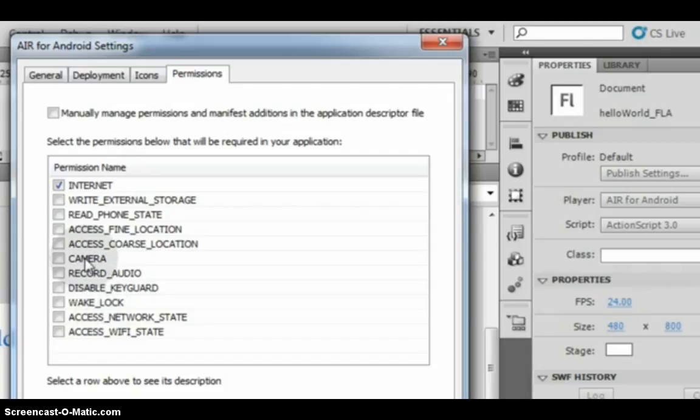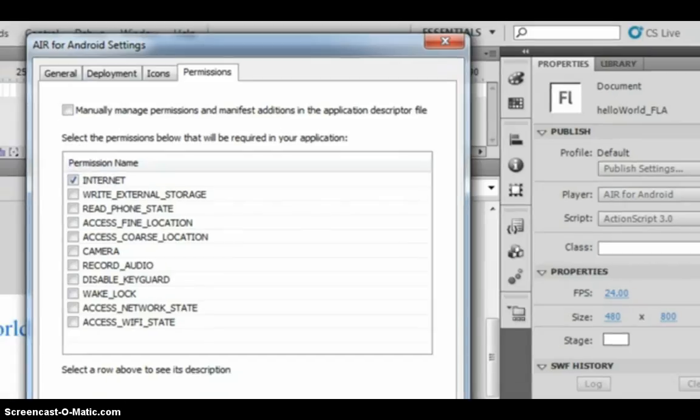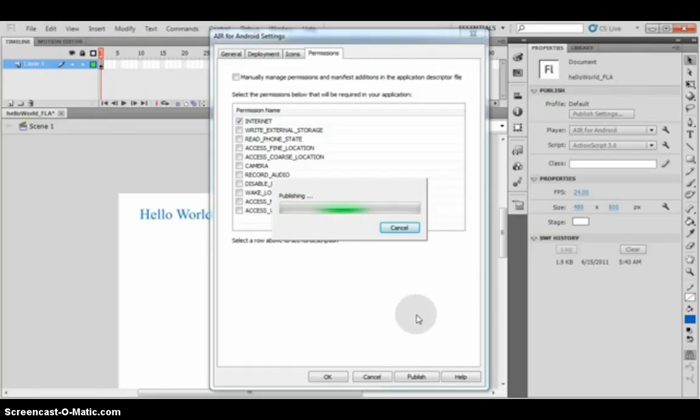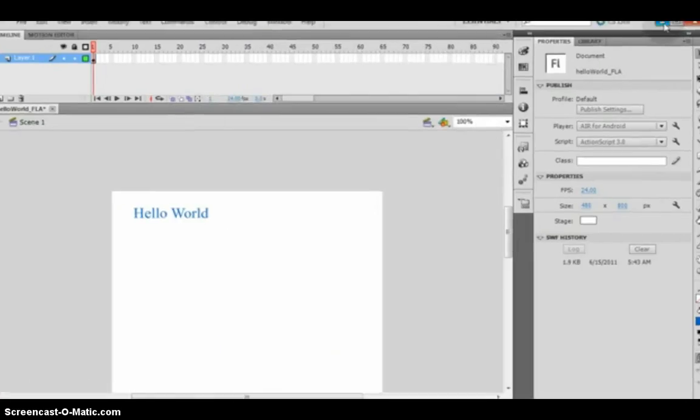So it also has the write external storage, read phone state, access file location, camera, etc. So in the permission, just click the internet, then click publish. So now it's publishing, then press OK.